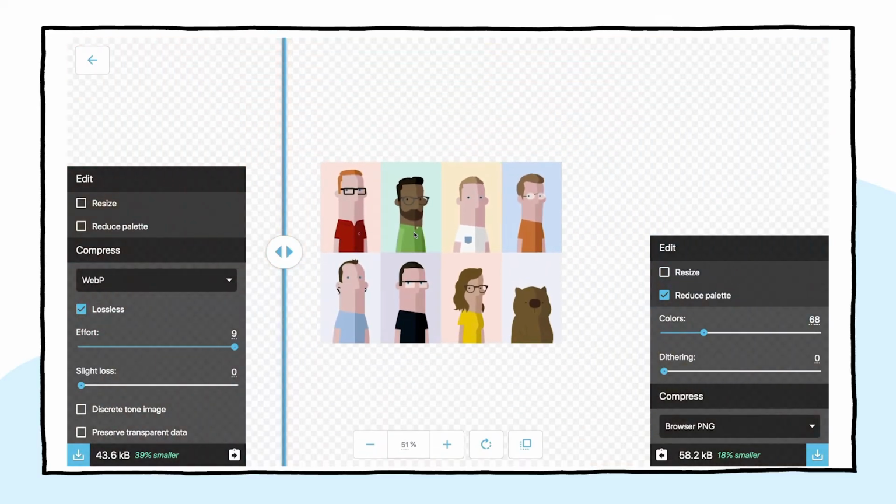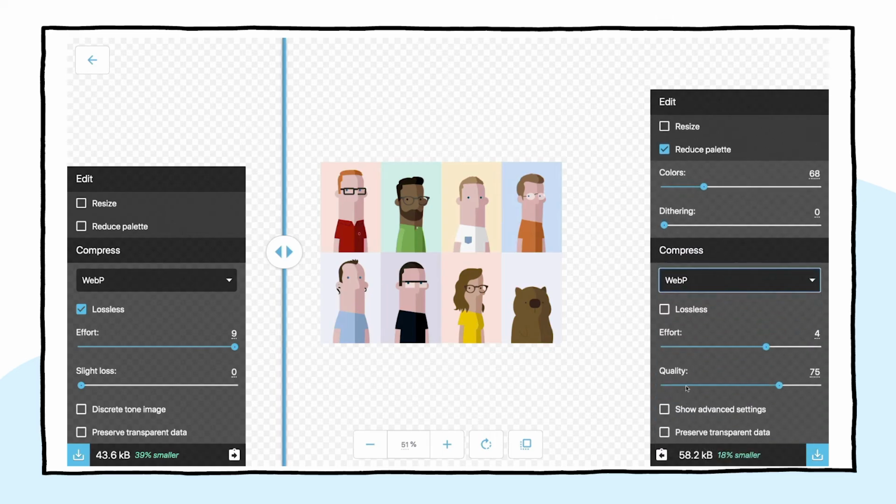So there we go. We've been able to reduce the colors down to 68, and so now we're going to just switch back to WebP, turn the effort up, let it use all of its iterations to figure out the compression, and boom, there we go. It's 13K. So that's amazing. Isn't it? It's incredible how much that saves.